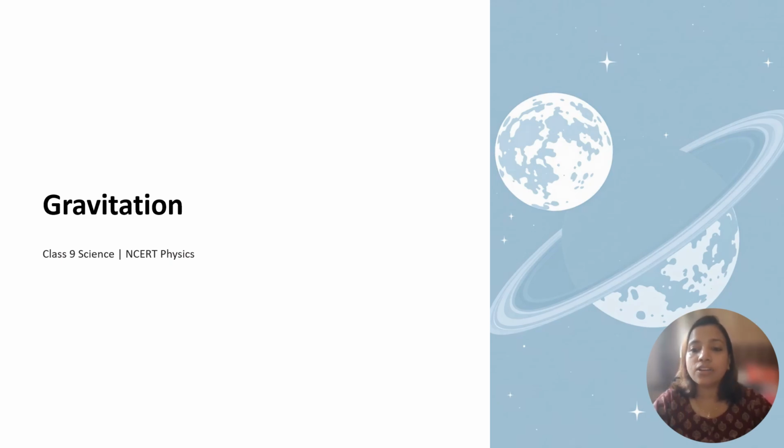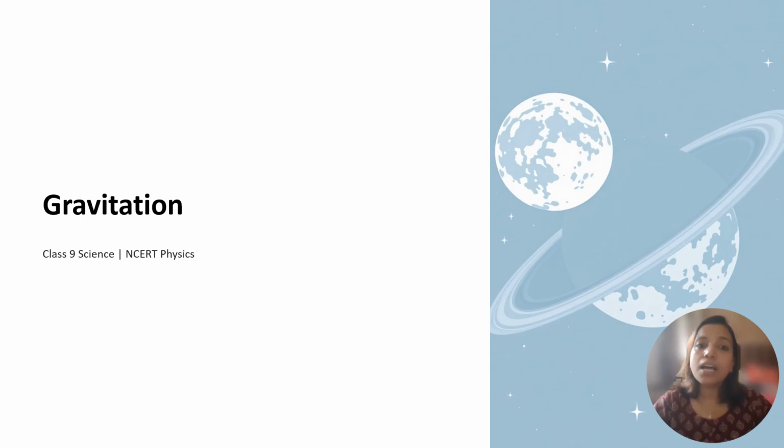Nor is any other object in your room or house moving around because of the attraction of each and every object towards them. So basically, the gravitation between the earth and every other object is so much larger that we can't feel the attraction between me and the pen, or the pen and the other object.